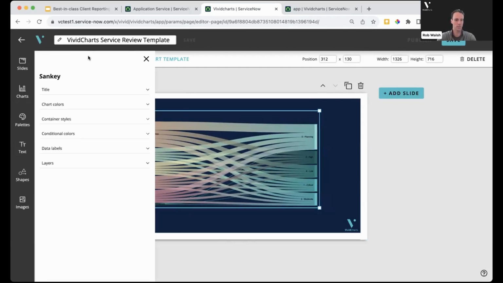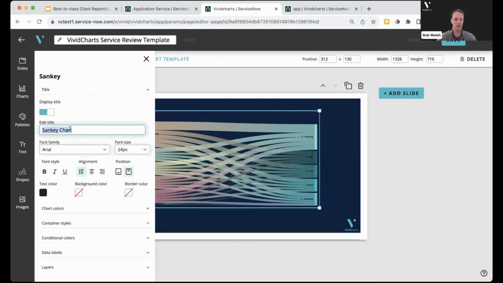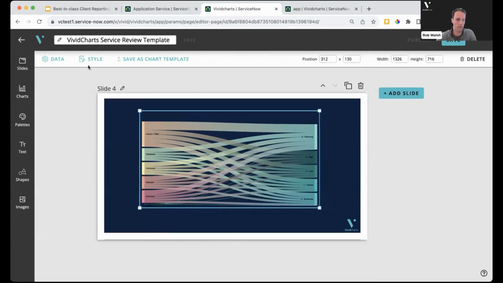styling. So if we open up our style menu, each chart is going to have the title that we can toggle on, toggle off. We could give it a name. So we'll call this incidents by category and priority. So you can see that has showed up there, but it doesn't really blend well with the dark background